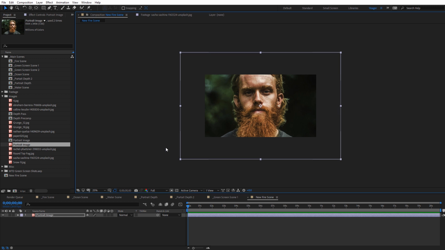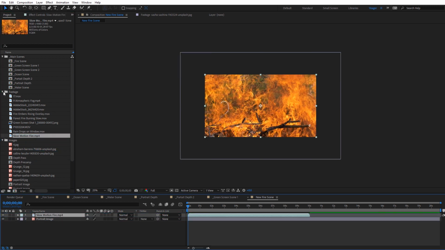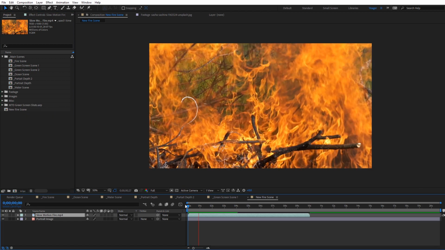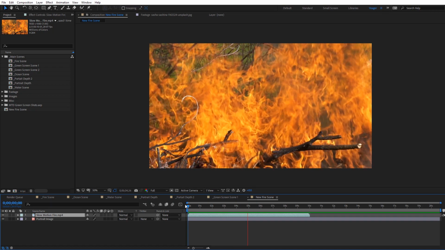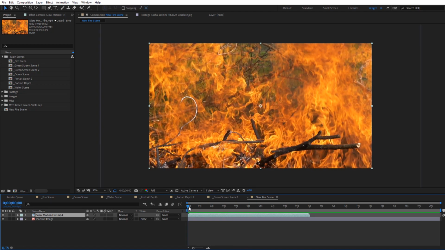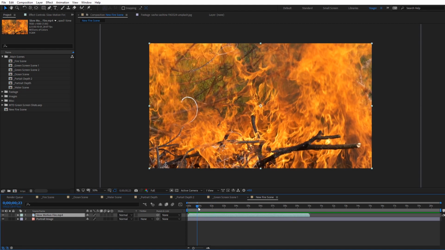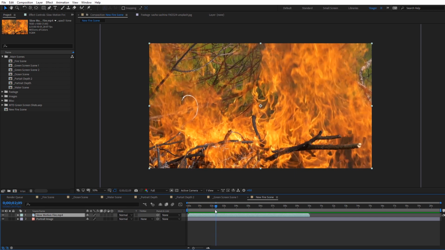And I'm also going to go ahead and drag in the footage of the fire as well. So I have some slow motion fire, I'll just drag and drop that in as well. I'll close both of these up. So if we zoom in and look at this fire footage, you can see it's slow motion footage. This was shot at 180 frames per second. And then on top of that, it was slowed down even more with a pixel blending effect. You can either do this natively in After Effects, or you can use a plugin like Twixtor to slow down the footage even more.